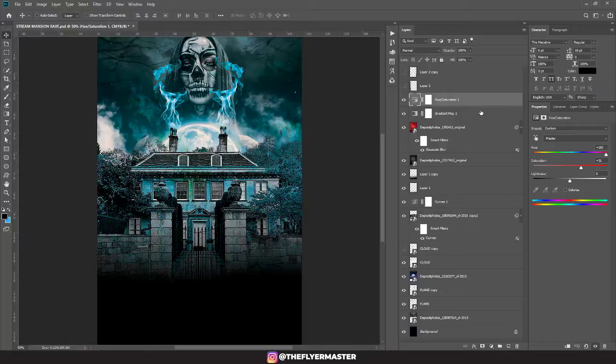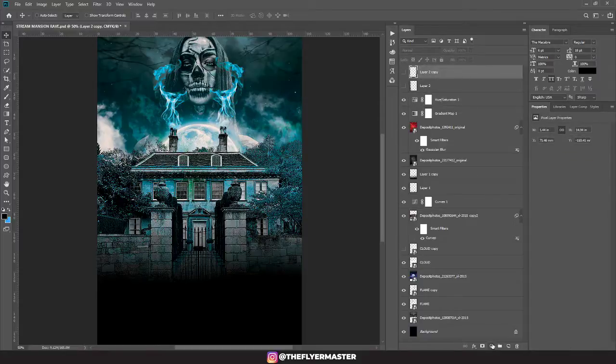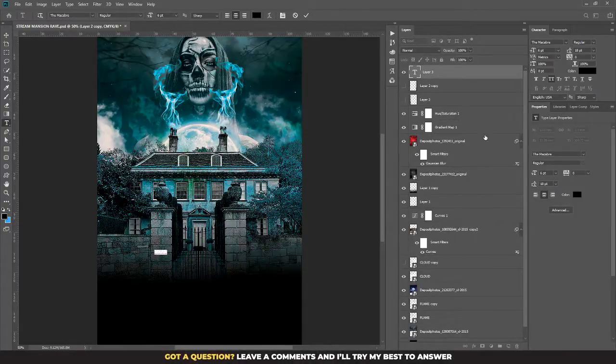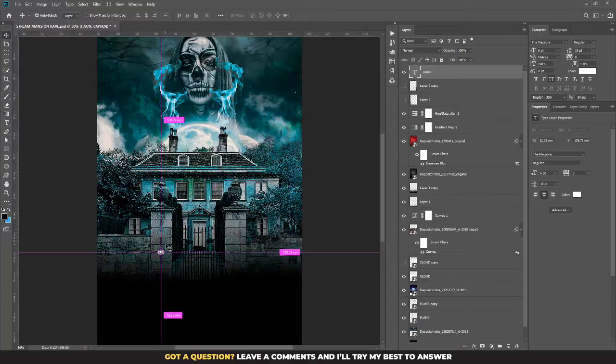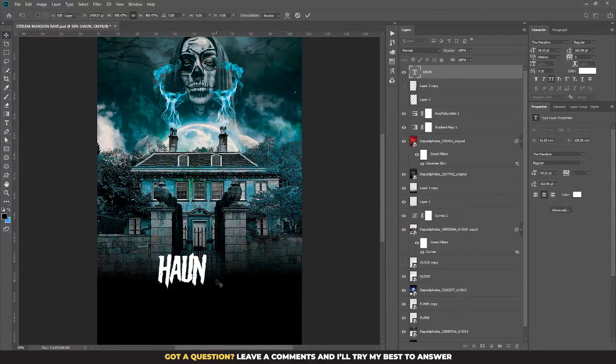So let's start looking at bringing some text in, I think, or giving it an overall wrap up. So I've already been playing around with some fonts. Just otherwise we'll be sat here for a very long time while I work it out. So I've gone with this one that's the Macabre, I think that's how you say it, Macabre, which is quite a nice kind of Halloweeny one. So once we've got that in,